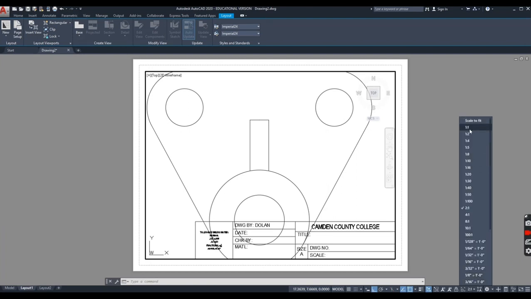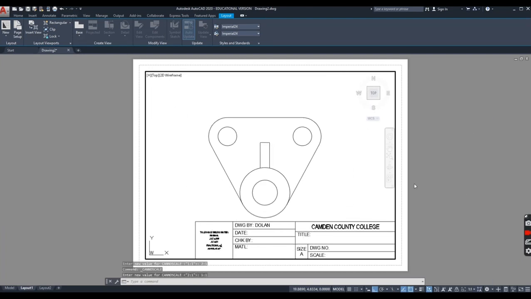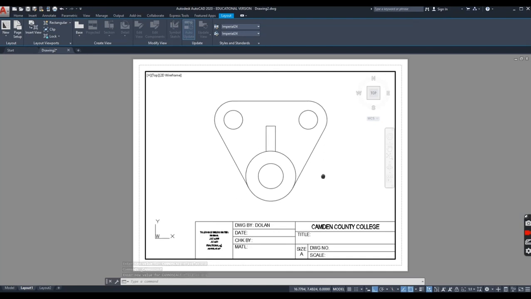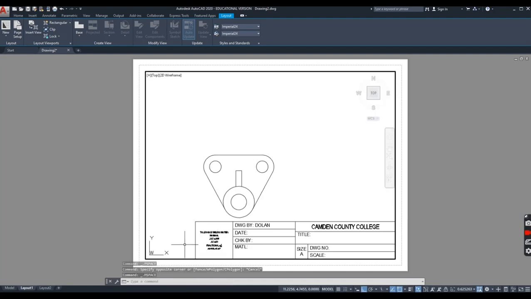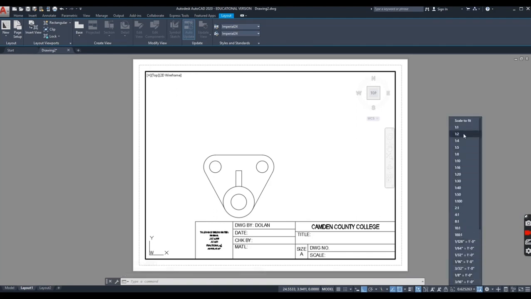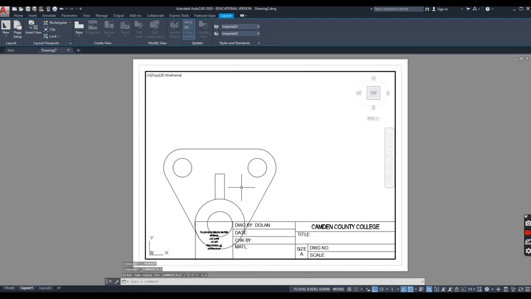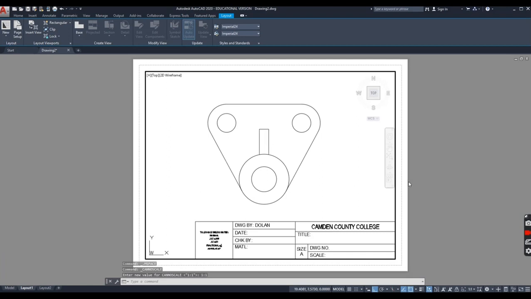So I'm going to go here and I'm going to look at 1 to 1. So 1 to 1 seems to fit pretty good. I'm just going to pan up so it's right, and then I'm going to double click on it. Now I have to be careful. If I end up going in here and scrolling by mistake, I'm going to lose my scale. So I need to put it on again. So again, I'll make this 1 to 1, and then I'll pan it to where I want,